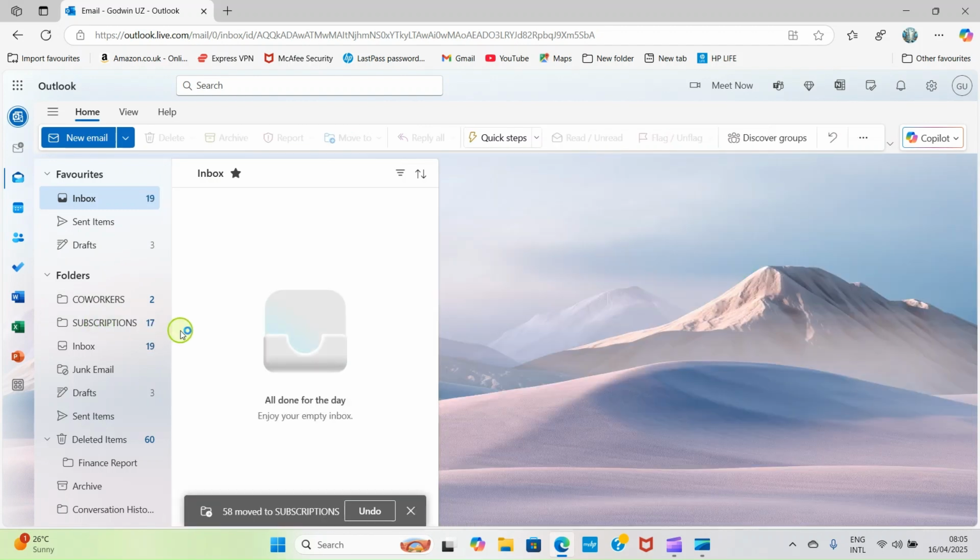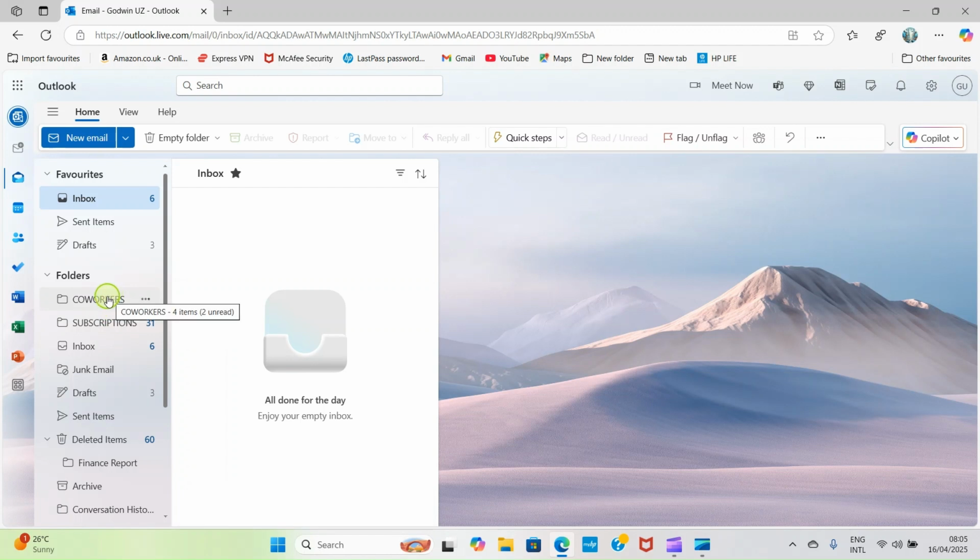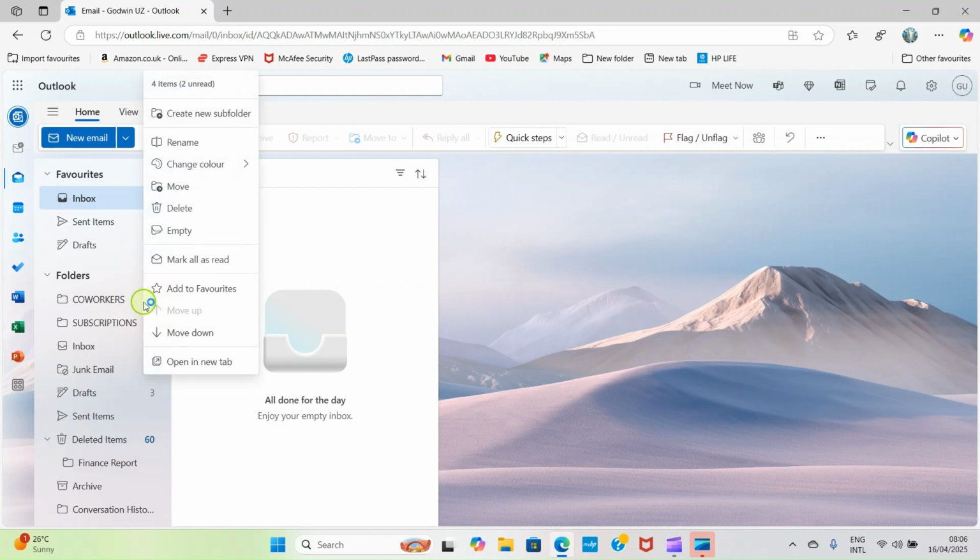All right. As you can see, everything is now shared into these subscriptions and co-workers folders. So you can see my inbox is empty. To customize these folders further, first I can click on this. All right. Then once I click on that, you will see some options here. You can see change color. So I want to change color here. Then I will click on maybe green,